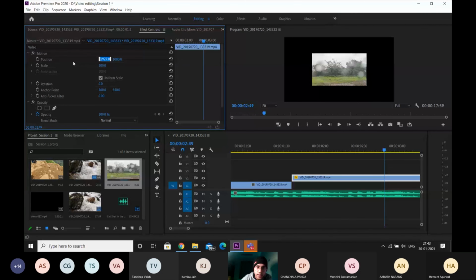I can just use my arrow keys, up or down, to adjust it. Similarly, if I double click on it and don't release the click the second time, and then drag it right or left, it also gets adjusted. To reset it, I'll just click on the reset parameter. So it gets reset to 1920 by 1080. Now, why does it show 1920 and 1080 only?